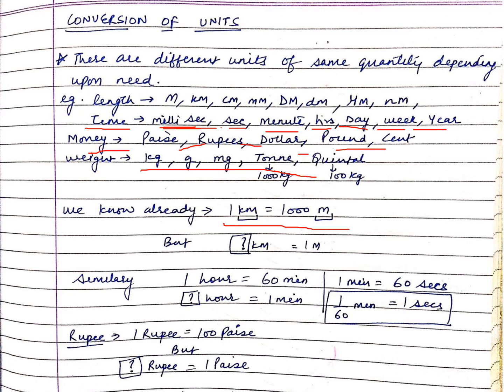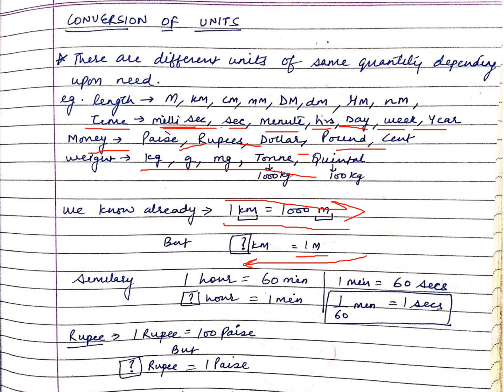But what if I change the question, and I ask how many kilometers are in 1 meter? Now, what can you say? Because you have never heard of this, you never used it in your life. But that doesn't mean it will not come in front of you. It may come. Going this way was very easy for you: 1 km is equal to 1000 m. But what if I want to go in the reverse direction? I want to find how many kilometers are in 1 meter. Obviously, it will be very small, but still, I want to find it.